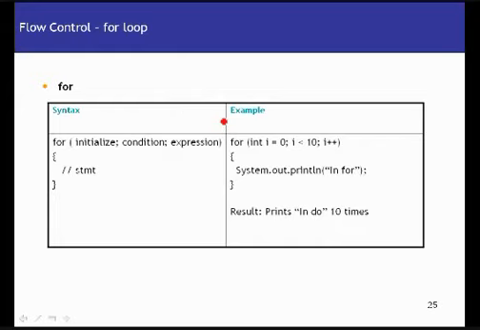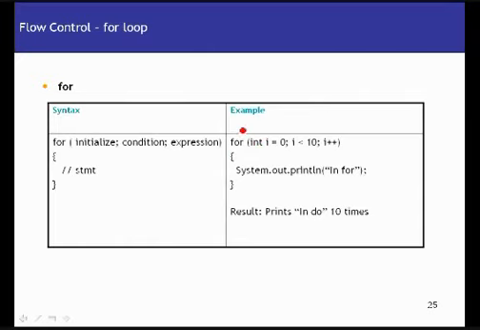If you see the example given here, it says for int I is equal to 10. Here I'm initializing the value of I, and I is nothing but a counter here, right? And in the condition I give I less than 10. It means as long as I is less than 10, I want to execute the statements within this for block. And how is the value of I going to be changed? Using the expression. In the expression I give I plus plus. Most of the time the expression is either an increment or decrement operation, right? So let's see how it really works.